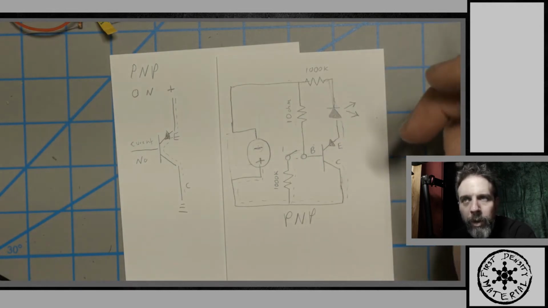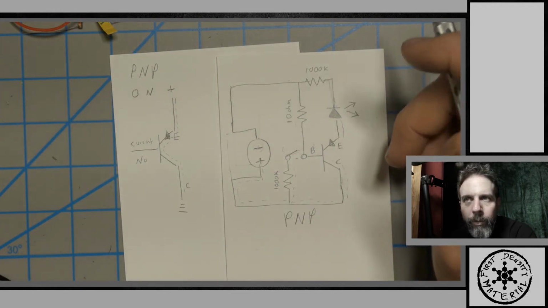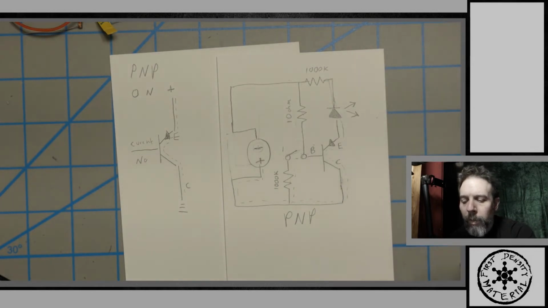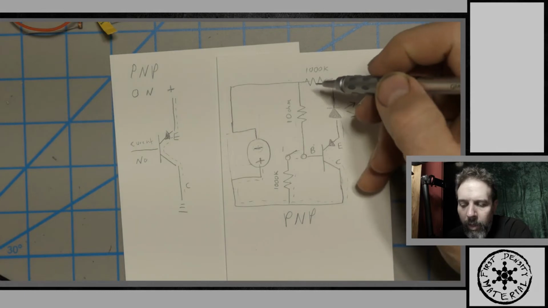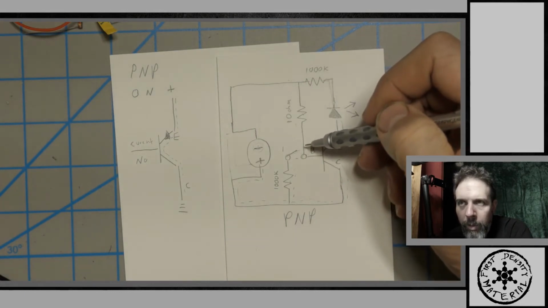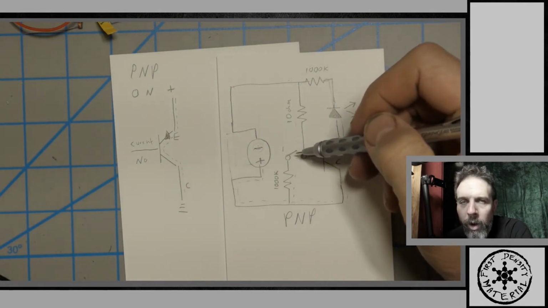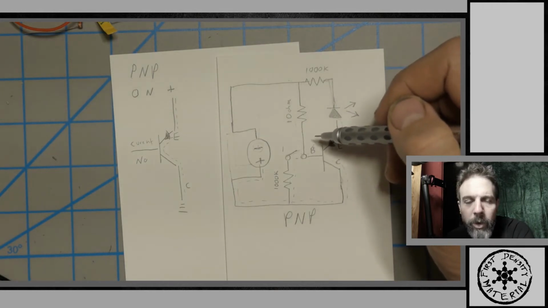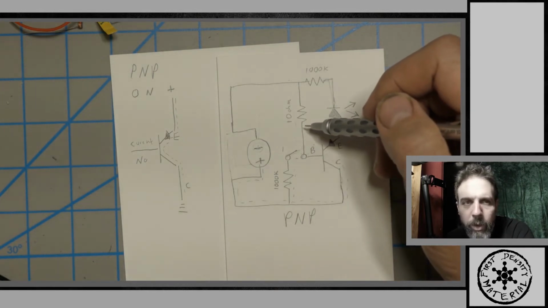Current flows into the base. So the PNP is a little bit harder to hook up because we have to have this hooked up to it, and then this turns it off. So it has to have some kind of no current, some kind of way to ground it so no current